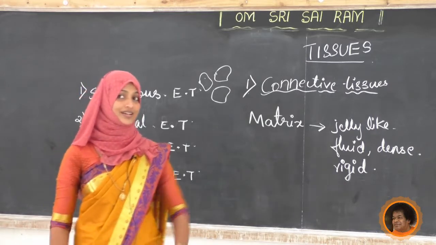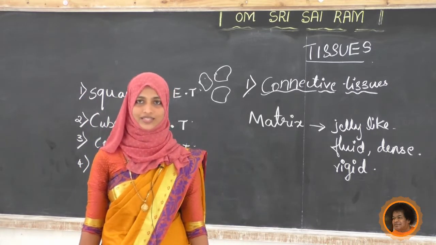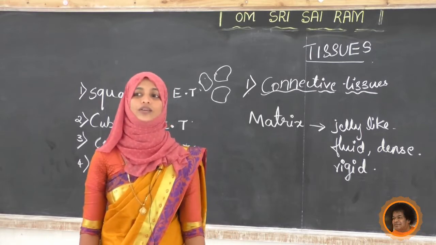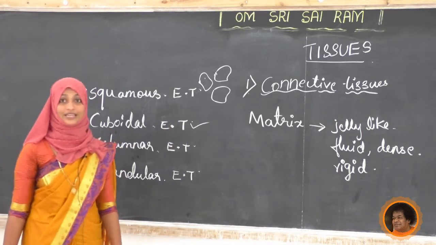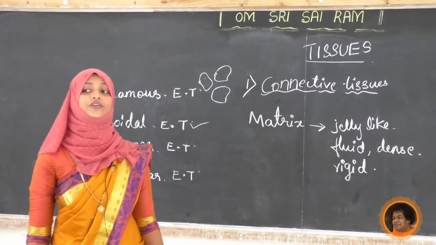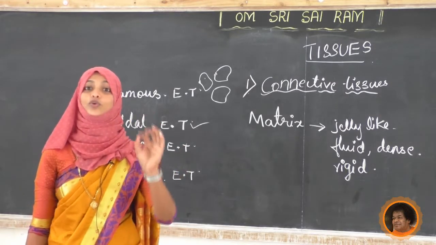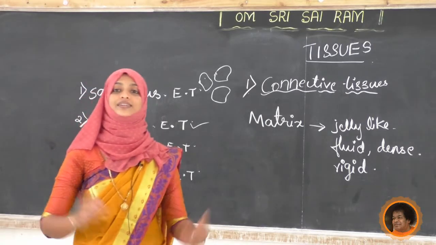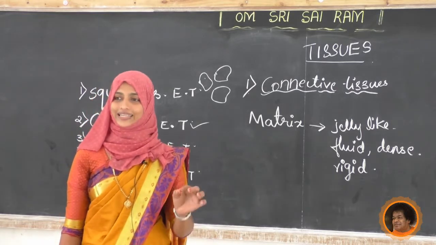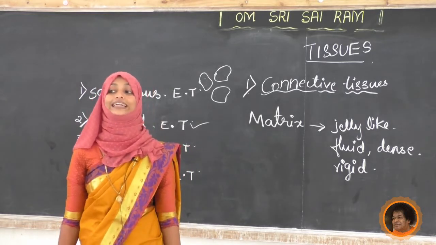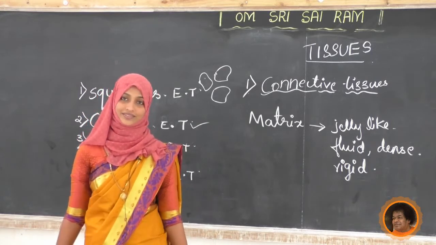What is the esophagus? We know where it is present, in our respiratory tract; that is the esophagus. Next one is the cuboidal epithelial tissue. Tell me, students, what will be the shape of the cuboidal epithelium? The name itself indicates it has a cube structure, cube-like cells we can see. It is present in the lining of kidney tubules and salivary glands. The shape is cubic.